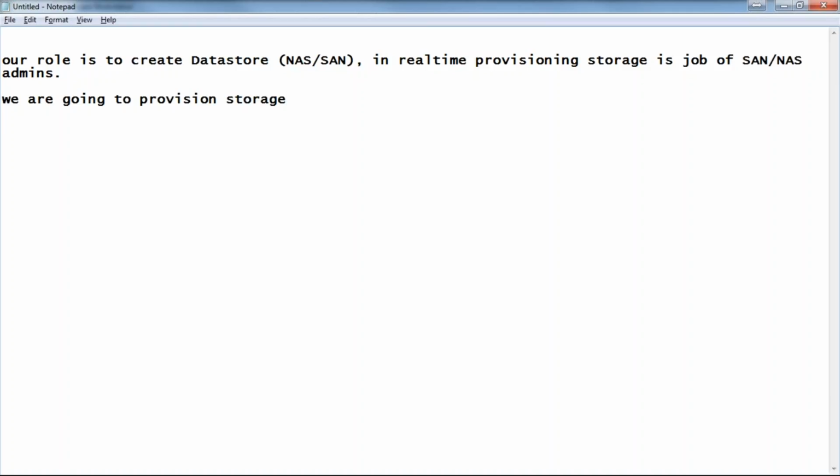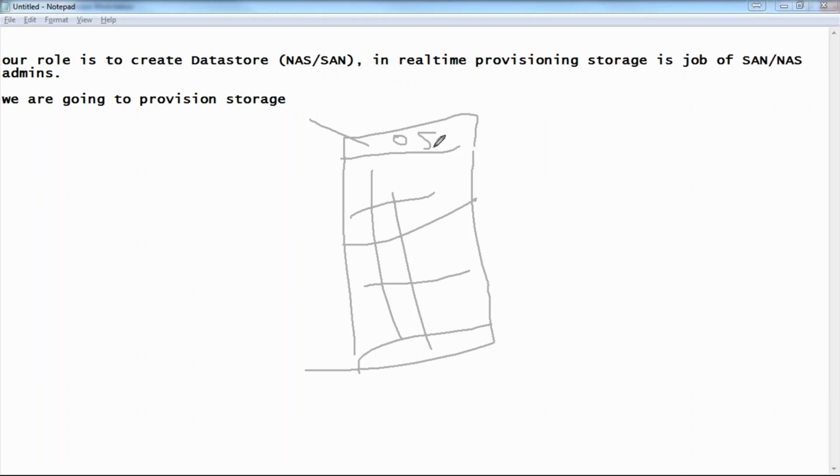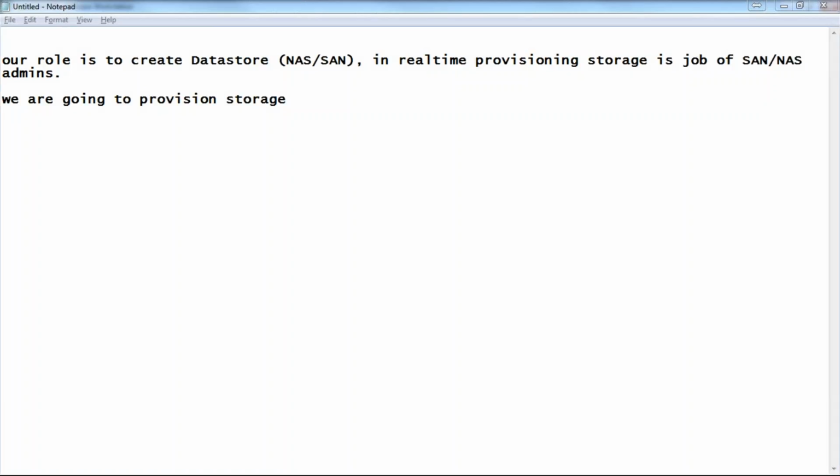As we have to provision the storage, the other day, what did I say? You have the rack that has got full of hard disks, right? On top of it, you got some operating system that will handle your read requests or write requests, whatever it is. So we need that operating system, because we cannot buy the costly storage system. We need some open source application which will allow us to do it.